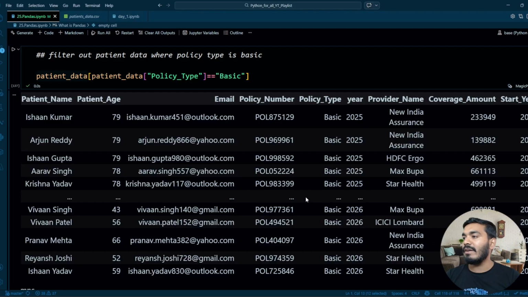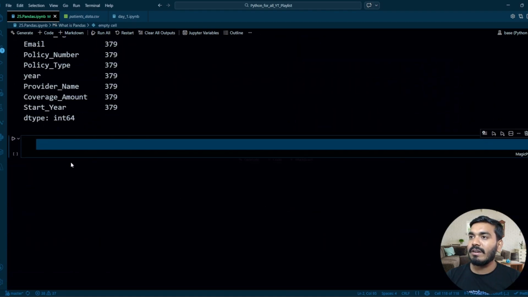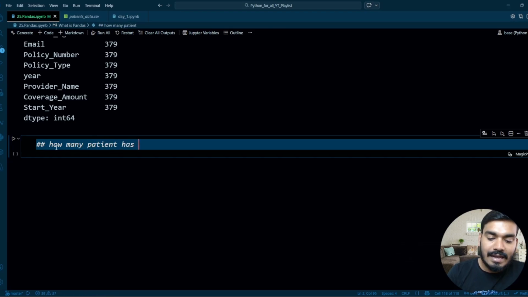So that value I want. So let me write down over here the question. How many patients have invested an amount between 20,000 to 40,000